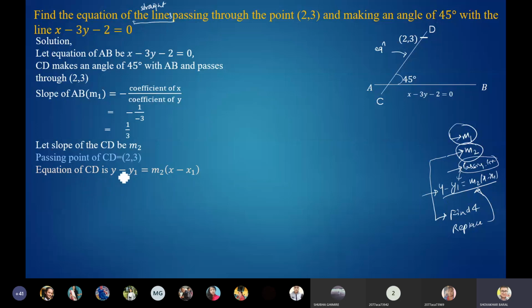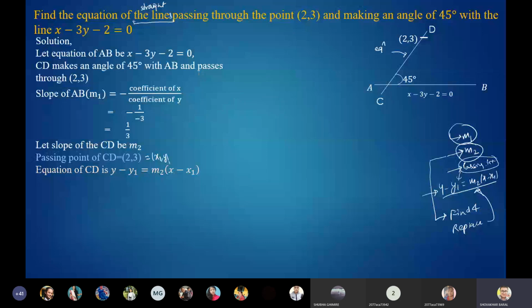So equation of CD is... CD को equation के हुन्छ भन्दा y minus y1 equals to, we are supposing this point as x1 comma y1. यसलाई तिमीले यहाँनिर यसरी सपोज गरौँ न, passing point of CD x1 comma y1 equals to भनेर सपोज गर्दा हुन्छ है त. Let me correct it.